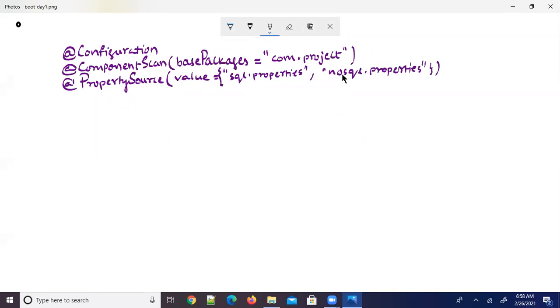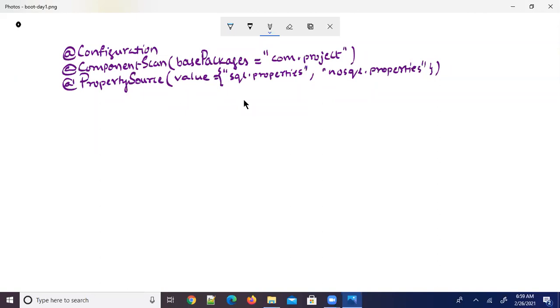One more thing, everyone. If an annotation has a value element, see here, I am writing an annotation with a single element, and that element name is value. Try to understand this.